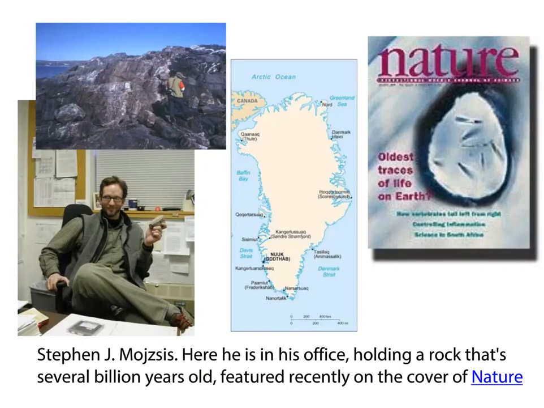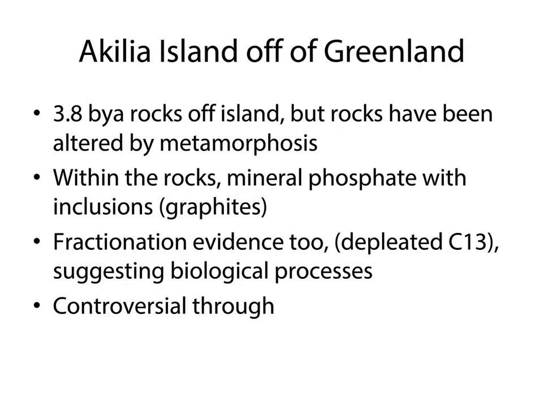So this brings about the next question: how old can you go? Okay, so what really is the oldest evidence of life? And of course, scientists are staking their entire careers on this. One particular scientist, Stephen Mojzsis, this picture always makes me laugh because talk about having a posed picture. Anyway, he had a publication in Nature that suggested he found evidence for life older than 3.5 billion years. His evidence was suggesting 3.8 billion years. His rocks were found off of Greenland, okay, at Akilia Island.